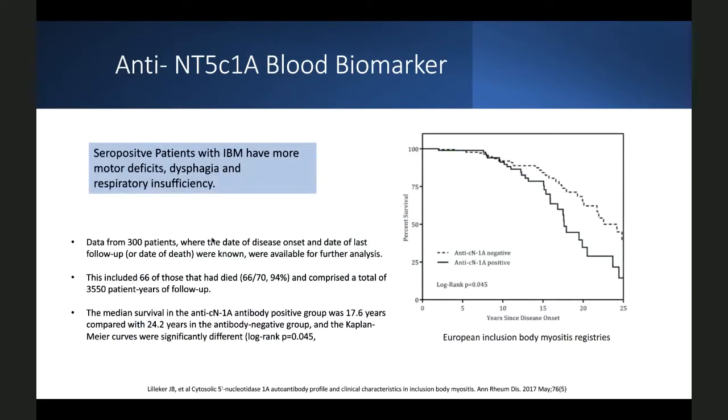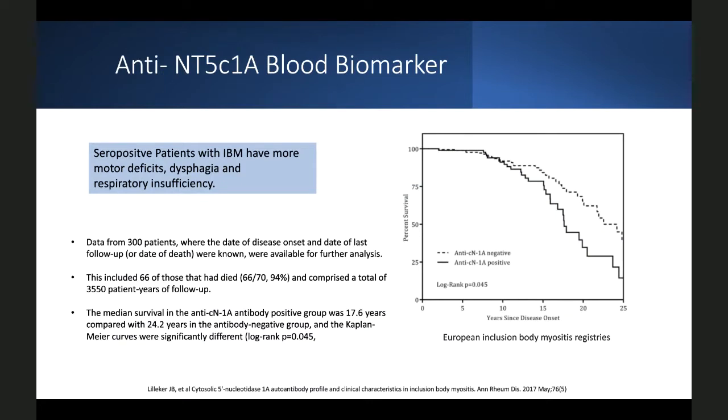So there was a study which was done in 2017. It was a large cohort of like 300 patients, and they studied this biomarker because in IBM as well, not all patients are seropositive with anti-5C1A. So they did a study with 300 patients, and the final result was that the seropositive patients with anti-5C1A